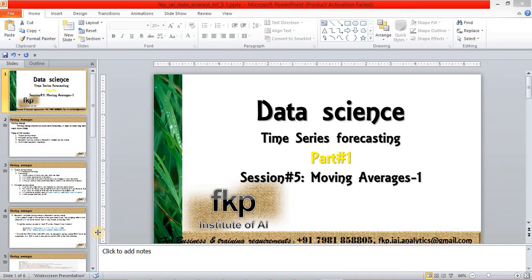Before going into today's session, we'll summarize what we have learned so far. We have seen a few datetime functions which are available in pandas and numpy, and we have learned some visualization options which are required to visualize the time series data. We understood what a time series is and its components, and we have seen the Hodrick-Prescott filter and the seasonal decomposition to extract each of the time series components to study them individually,